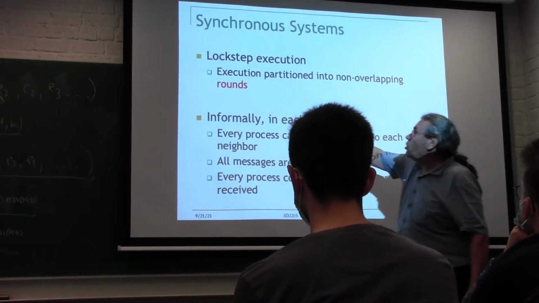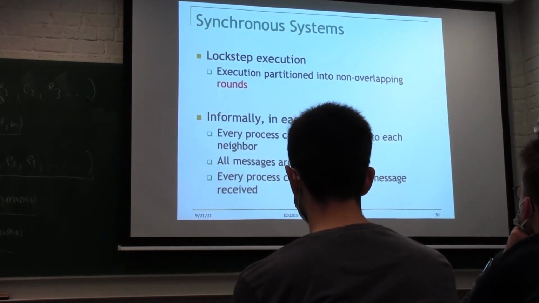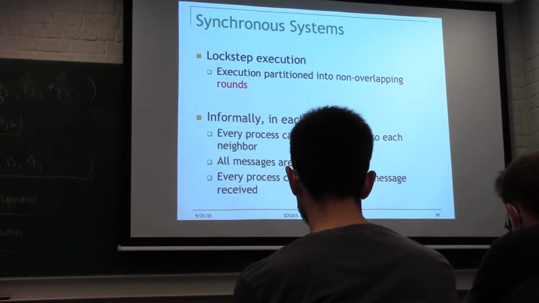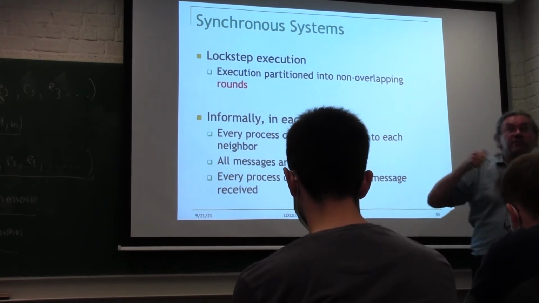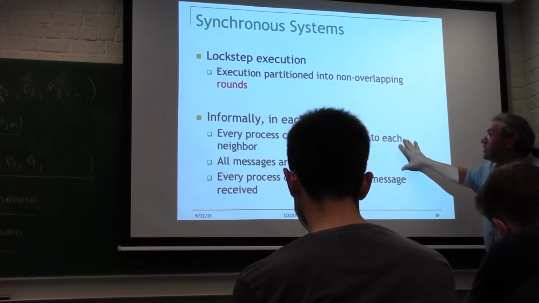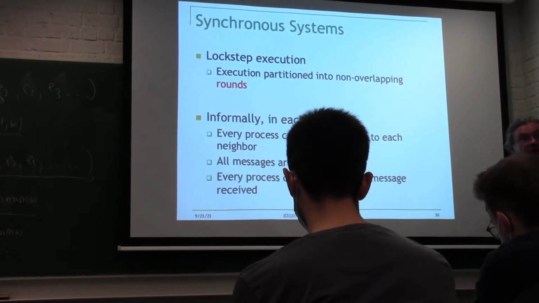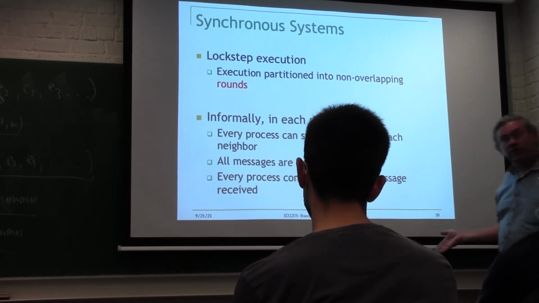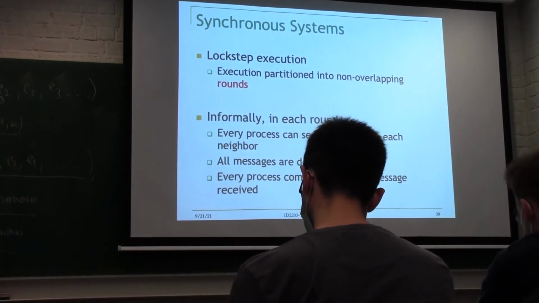Usually this is called rounds, like in a boxing match: first round, second round, third. In the first round, everybody gets 10 milliseconds. Everybody is allowed to send and deliver one message. Everybody can do one comp event. That's round 1, and then round 2, and then round 3. You can see the dels here. They're guaranteed to arrive. When I send them, they will arrive in the next round, guaranteed, because all messages are delivered. So there's a bound here. So this is a synchronous system.